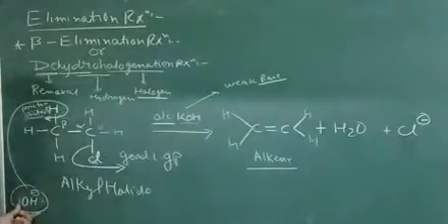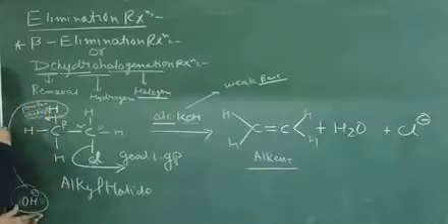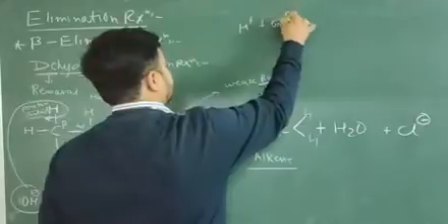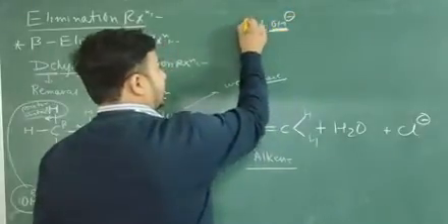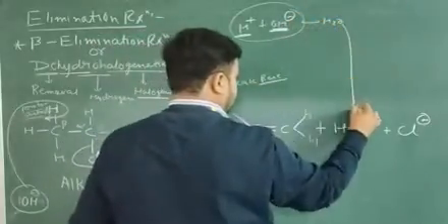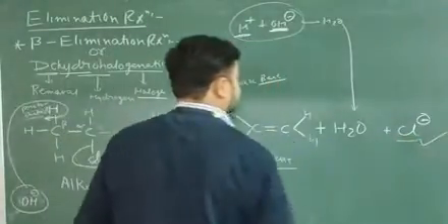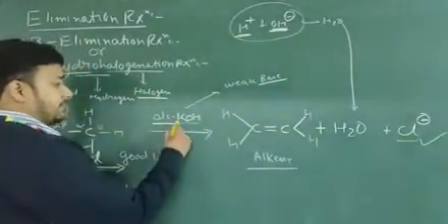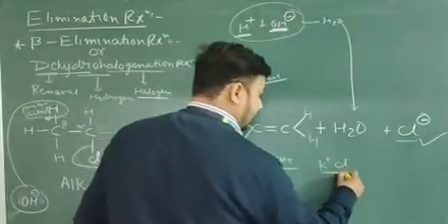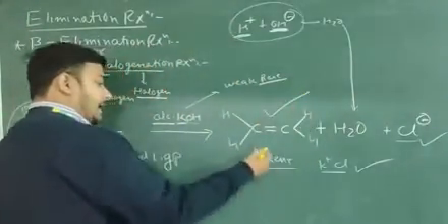The OH minus ion is going to attach with the H plus ion, which is the abstracted proton. The H plus ion combines with the OH minus ion, which comes from the alcoholic KOH, to form H2O. The chlorine, which is a good leaving group, is written here. Clear? Now this Cl minus ion will combine with the K plus ion, so it will form KCl as a final byproduct. So the main product of the beta elimination reaction is alkene formation.